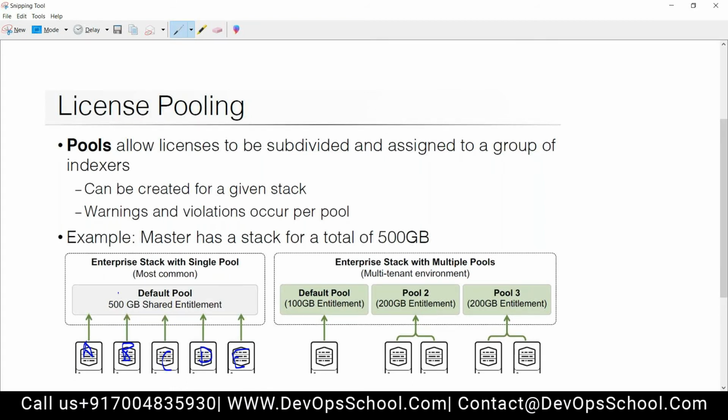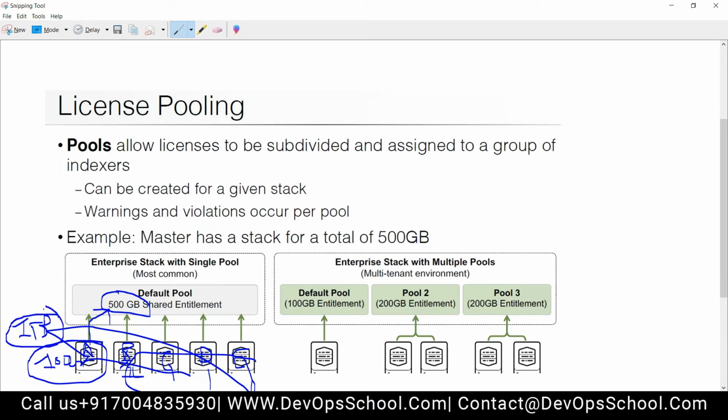Now you have a 500 GB limitation. Client A came to you and told you that he will be using only 100 GB. Others told you that they will require just 1 GB each. Now due to some reason, this indexer started consuming 1 TB of data. He will ask for 1 TB here, consume 1 TB, and violate the terms and conditions. And once it is violated, these other indexers will not be able to utilize it, because everything has been consumed by this indexer server, or this client.